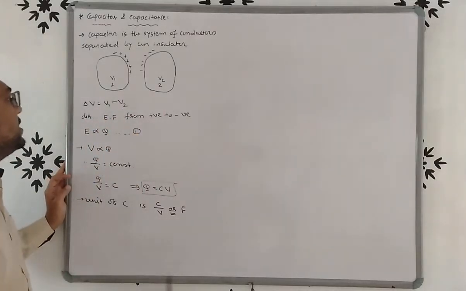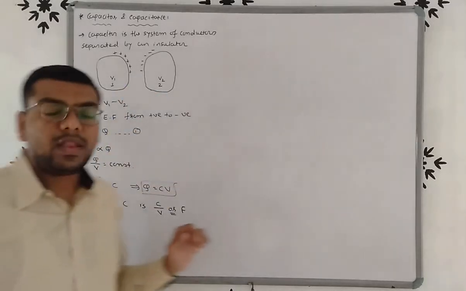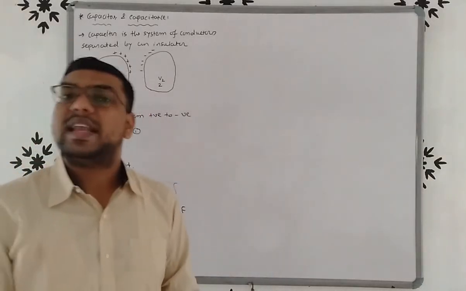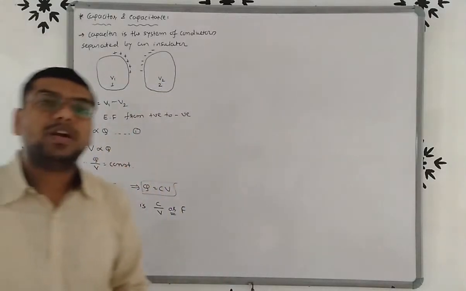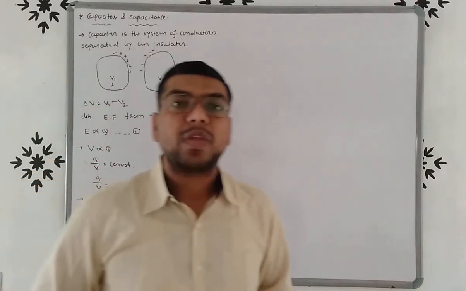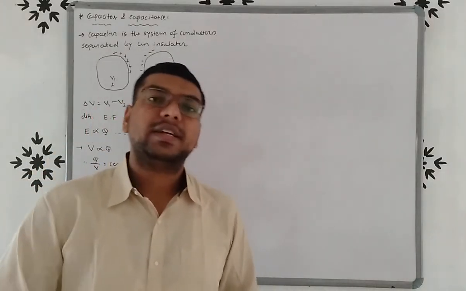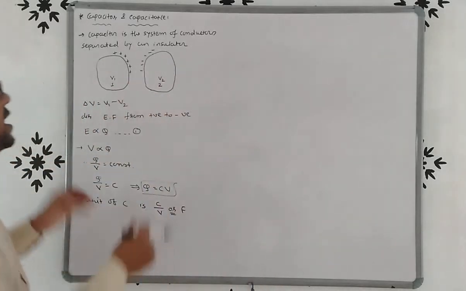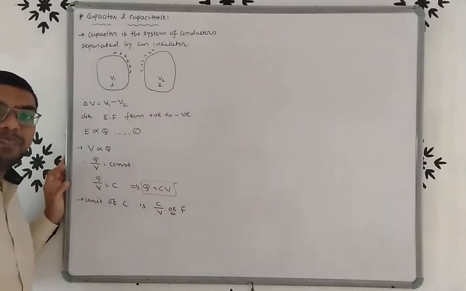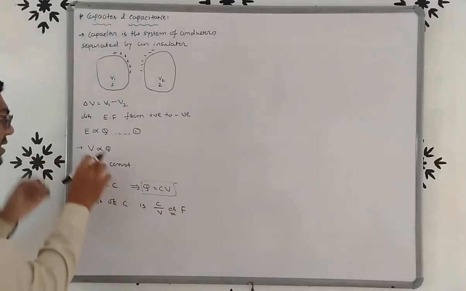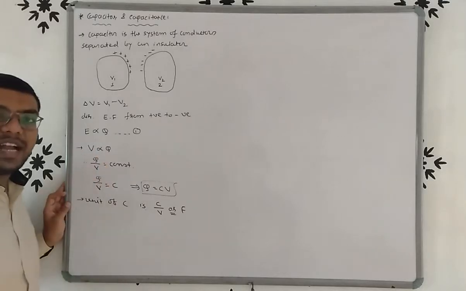We already know that the direction of electric field is always from positive charge to negative charge, and that the electric field is directly proportional to charge Q, so E is proportional to Q. Now what is potential? Potential is the work done to move the charge from one conductor to another. Here we have to move the charge from conductor 2 to conductor 1, opposite to the electric field. This work done is known as potential, and this potential is directly proportional to charge Q.